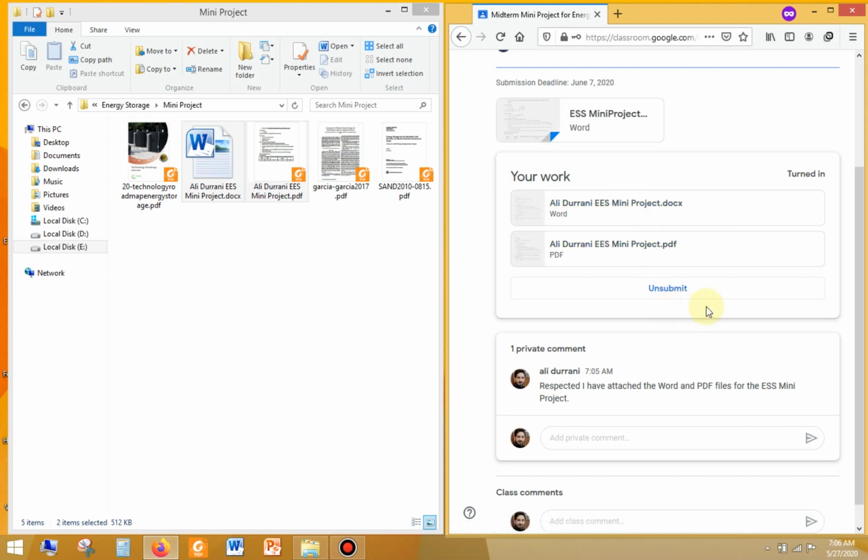Then if you think that there are some changes you want to make, you can also unsubmit it, but only before the deadline. Because the submission deadline is 7 June, it is giving me an option to unsubmit it. But if you are okay with your assignment, you can just click on turn in and